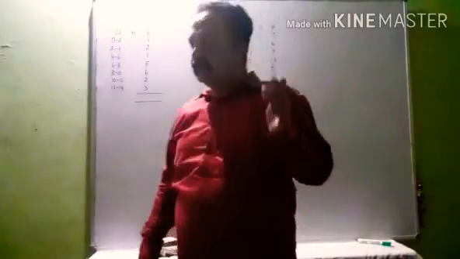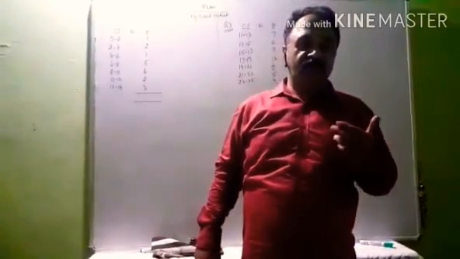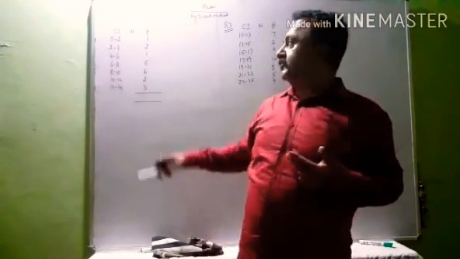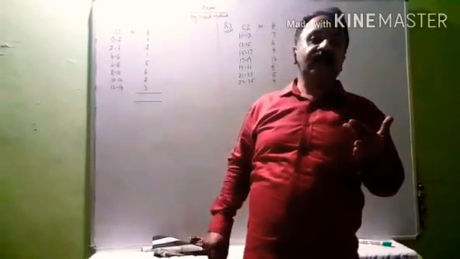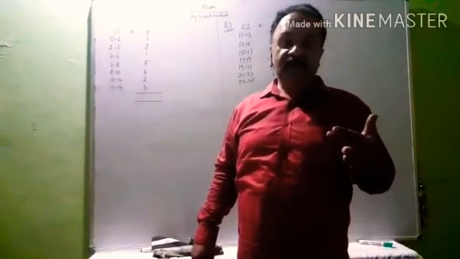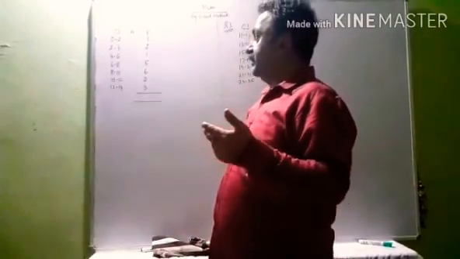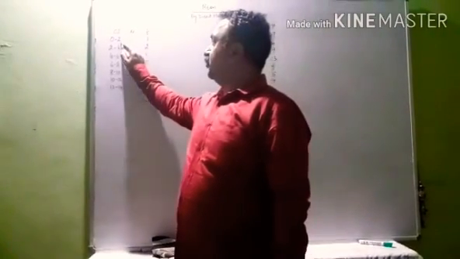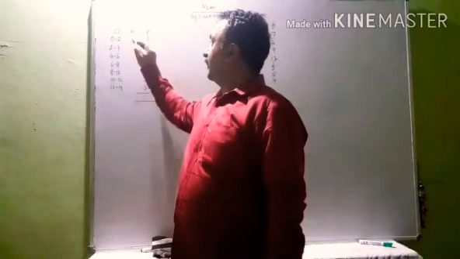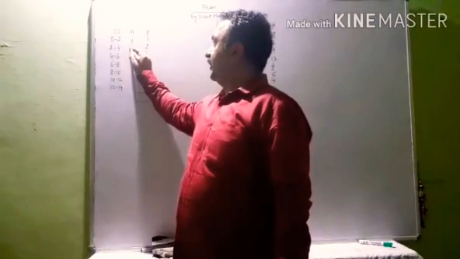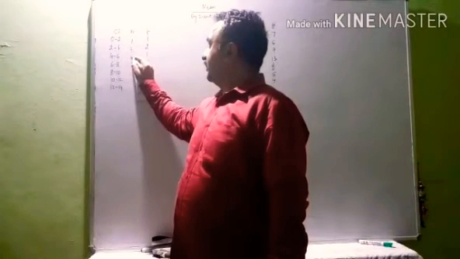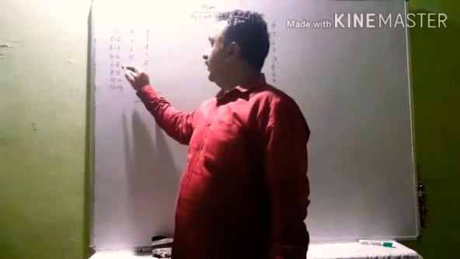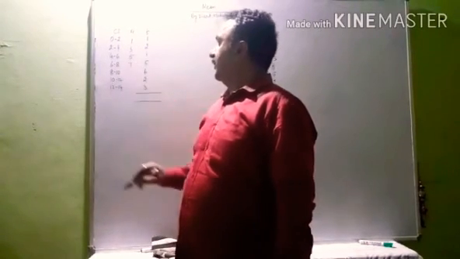So when you've studied the formula of direct method, there you studied two terms. One was xi and one was fi. Fi is the frequency. So frequency is already given to you. Xi is the class mark. So you have to calculate the class marks. So how to calculate the class marks? Upper limit plus lower limit divided by 2. So 2 plus 0 upon 2, that is 1. 2 plus 4, 6 divided by 2, 3. 4 plus 6, it is 10, 5. 6 plus 8, 14, and divided by 2 is 7.